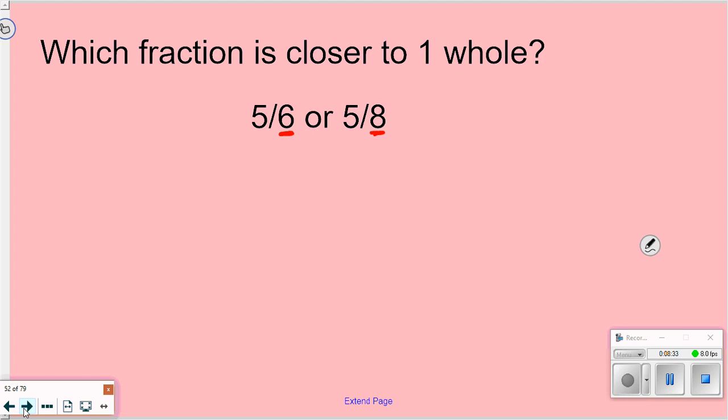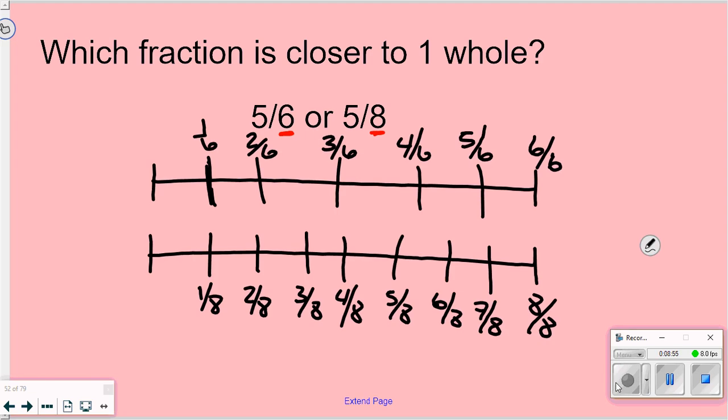Maybe. Prove it. Get 2 number lines in your notebook. Figure it out. Which one is closer to 1 whole? What did you find out? Which one ended up being closer? Sean? 5/6 is closer,